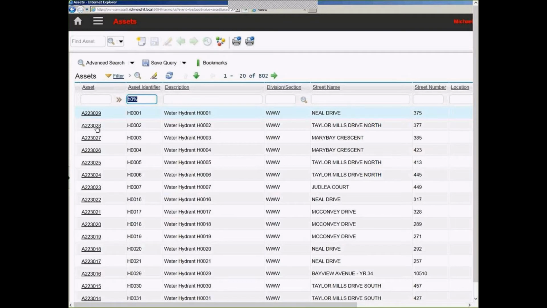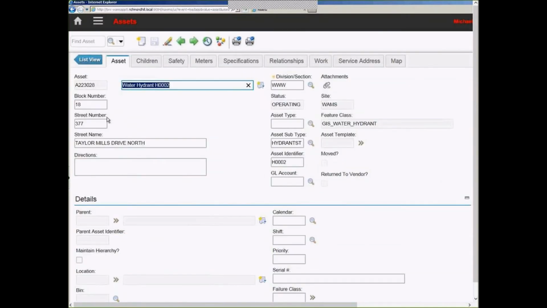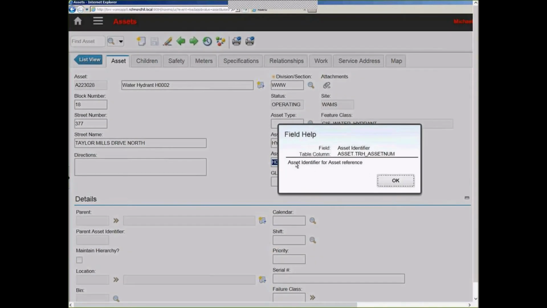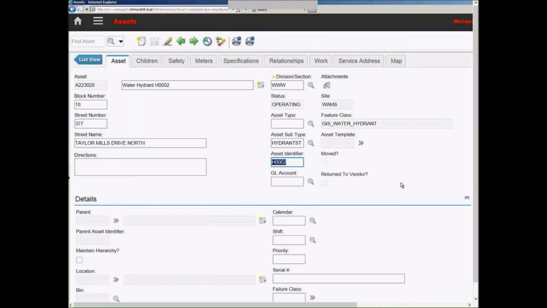So from a hydrant perspective, I'm selecting a hydrant. Okay. In this hydrant, it's been synchronized. I can see many of the fields at the asset level have been synchronized. So the block number, the street number, the street name. If you recall, I had a division that was being populated as well as a site and a sub-site, and then there's our identifier. So TRH underscore asset name in this particular instance is the asset identifier, and